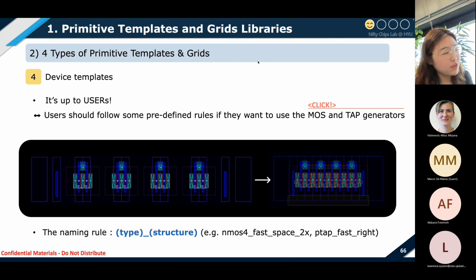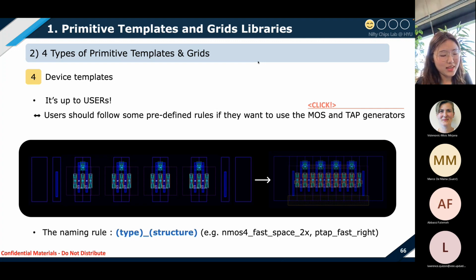And LAYGO2 provides a generate function which creates the desired MOS or tap instances by simply adjusting the parameters. If you want to check this function, please just click the button. Anyway, basically, defining device templates is up to you. But if you want to use this generate function, you should follow the